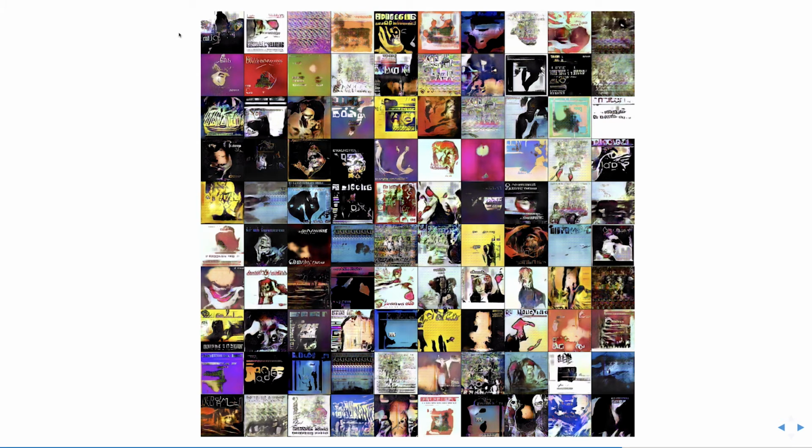As you can probably guess, they are album covers, but none of these album covers exists. They've just been trained on other album covers. This one looks a bit like the Pixies, maybe. There's something that a neural network identifies as album-covery, if you understand. So yeah, that's pretty scary.